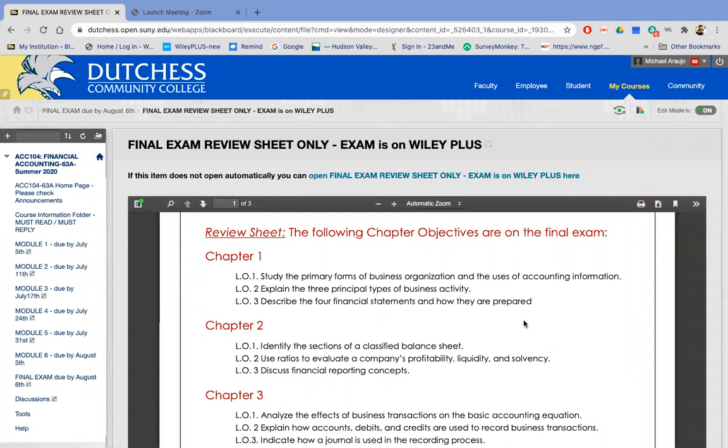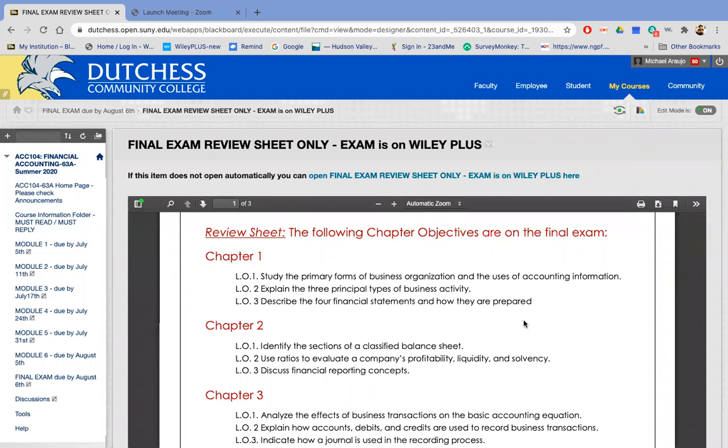Everything that you will see on the final exam, you have already seen on other exams and quizzes and so forth that you've taken through the course. So the idea behind the final is really to assess the basic concepts and your understanding of those now that